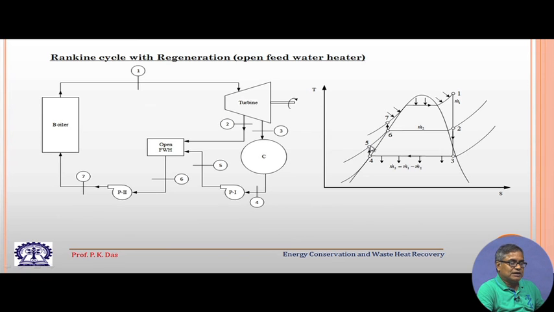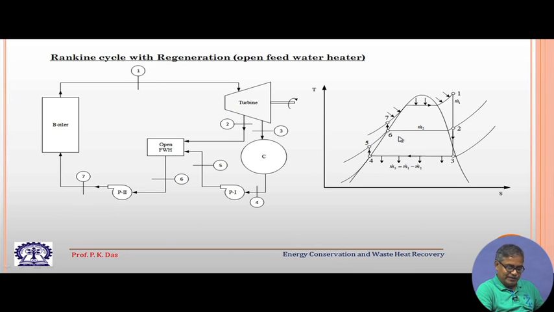So, this pressure is raised over here. Now, whatever steam we have got at point 2, that steam and this condensate at point 5, they mix. So, what will happen? This steam has to condense. So, it will condense and come to point 6 saturated condition. This liquid will get heated and it will also come to point 6. So, basically two streams are mixing, and ultimately we are getting one stream of fluid which is liquid,